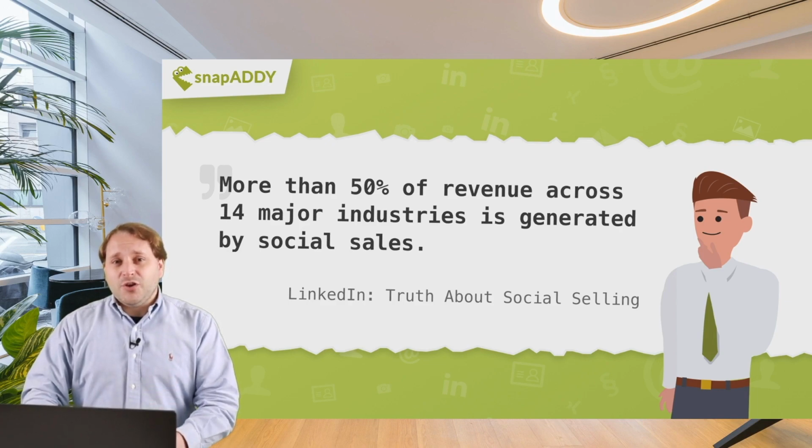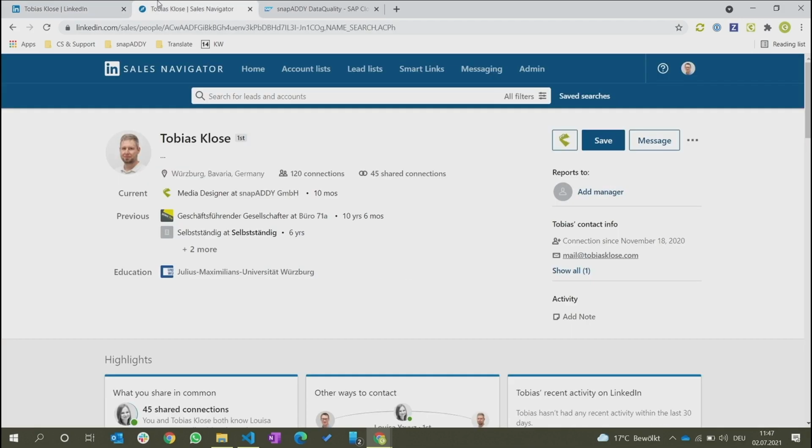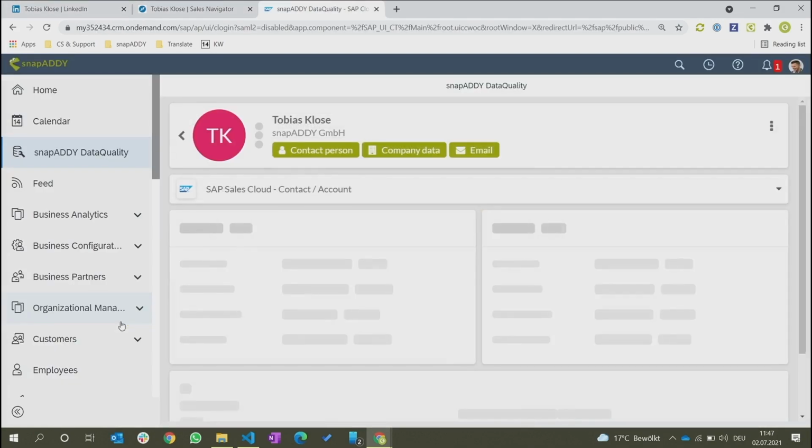Now I'm going to show you how to use the SnapAddy LinkedIn integration to achieve these goals. As you can see, I'm in LinkedIn right now, and I've opened up a contact, in this case, Tobias. And we can also see that we've got the SnapAddy button right underneath, or if I'm in LinkedIn Sales Navigator, we've got the SnapAddy button here on the right. Simply click on the SnapAddy button,